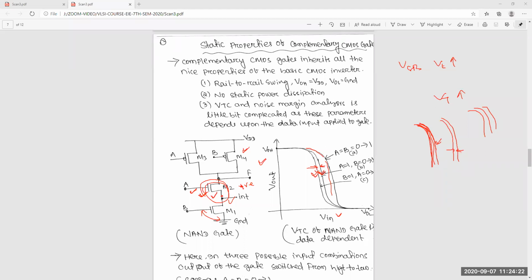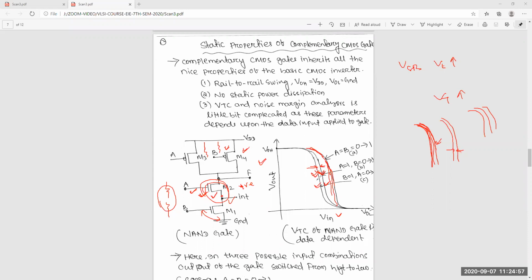Yes, sir. Sir, there is a difference between the second case and the third case. This one and this one. That is what I am saying now. I already said this one because it is clearly understood. If both are on, then the two resistances will be in series and the strength will be less. Here, in parallel, the strength will be more. That's why PMOS strength will be more and NMOS strength will be less, so the curve will shift right.